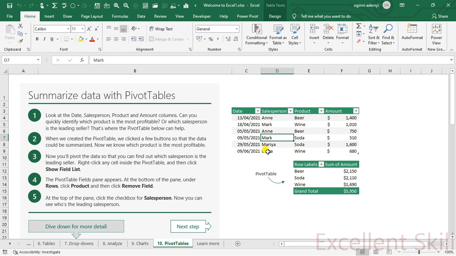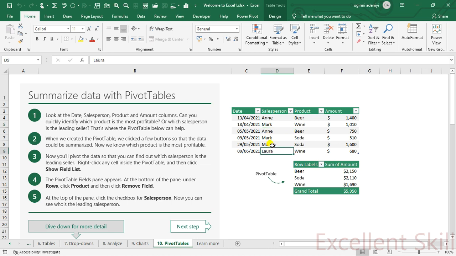And this person, Laura, sold wine. Mark sold soda. And with this data, you can derive a lot of insight. And beer. Next time when you want to position Anne, just take her to beer. You know that she's going to make a lot of sales for you. And let's look at another person, Mark, and wine.